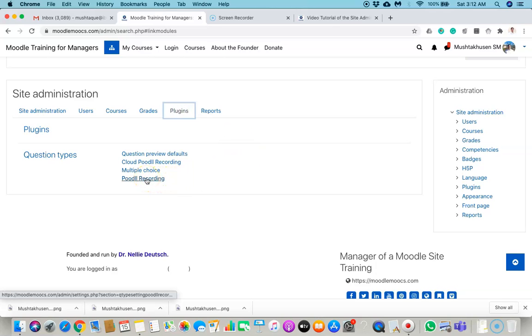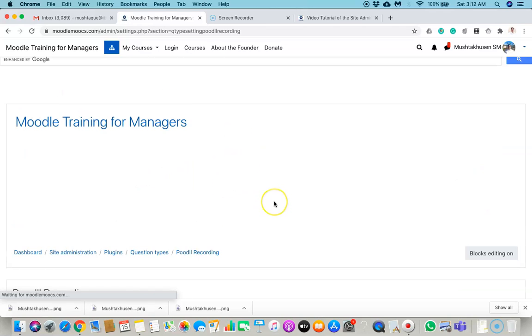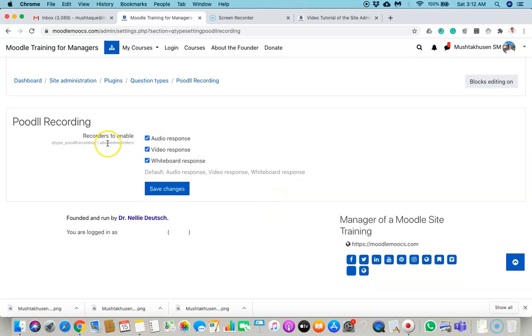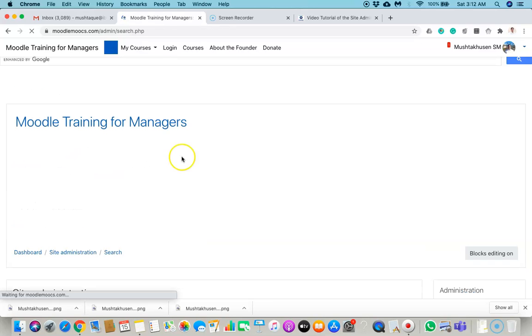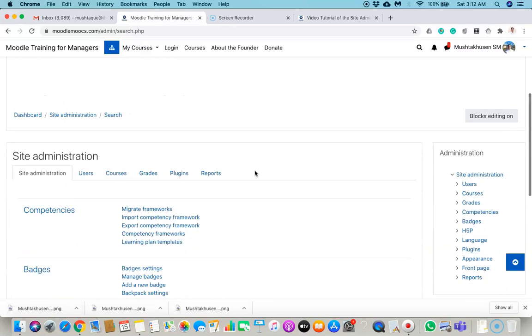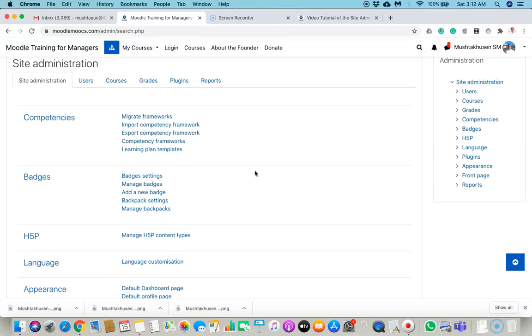Then the final option is Poodle recording. Now in Poodle recording, recorders to enable audio response, video response, and whiteboard response. These are the default settings for the recordings to enable option. So yes, this is what we have in plugins, that is part of site